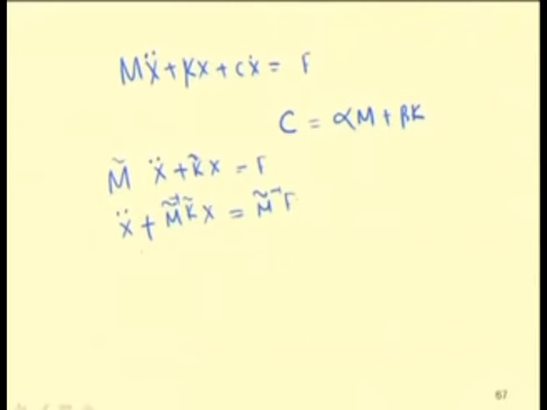So, this equation can be solved by substituting x equal to X sin omega t, or x equal to X e to the power i omega t. Let this function f be written as sin omega t, or it may be constant also. In that case, first you convert that to a set of single equations of single degree of freedom systems, and then you find the response of the system. Otherwise, one can find the free vibration. First one finds the free vibration response of the system, then for steady state one can consider the force part of the system.